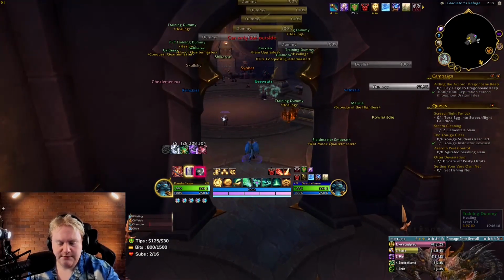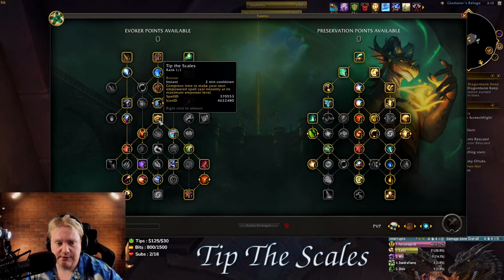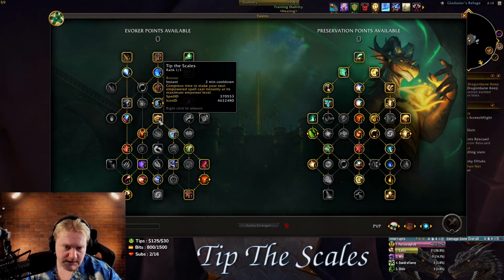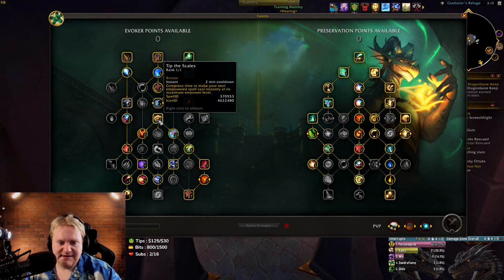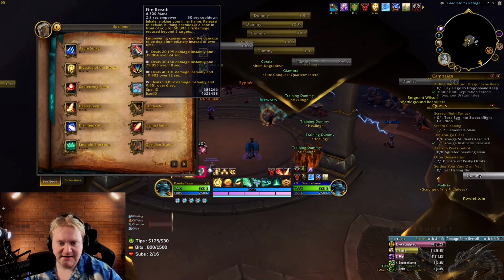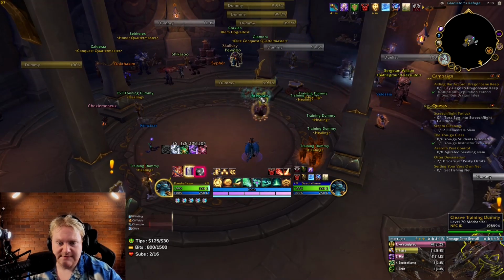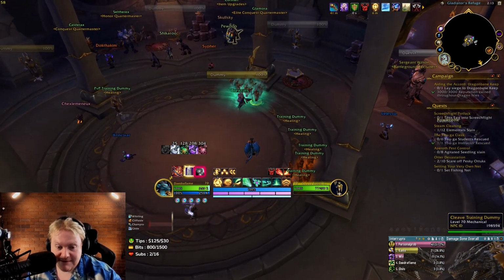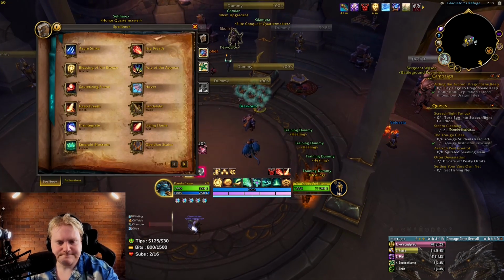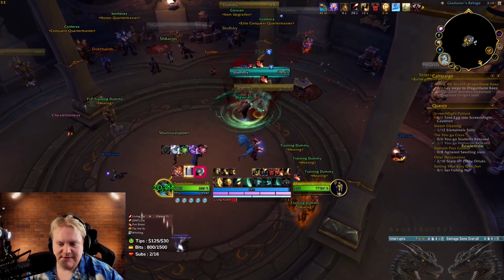So I have a little cheeky spell here I'm going to show off. And you're like, oh, how'd you instantly cast it on max? Okay, so let's have a look at Tip the Scales. Tip the Scales: compress time to make your next empowered spell cast instantly at its maximum empower level. So what I just described is essentially your Fire Breath is instant cast at its maximum empower level. So when I do this, it's going to be very fast and you'll be like, what the? You ready? Yep. All right, so Tip the Scales, Flame Breath, and